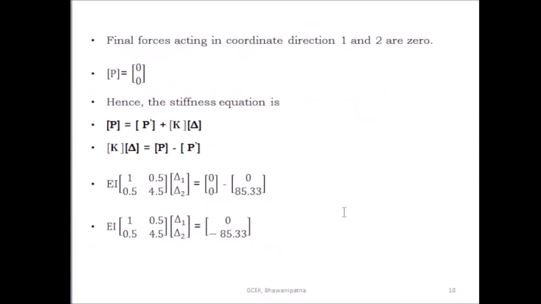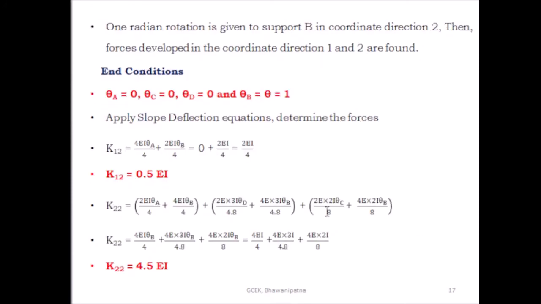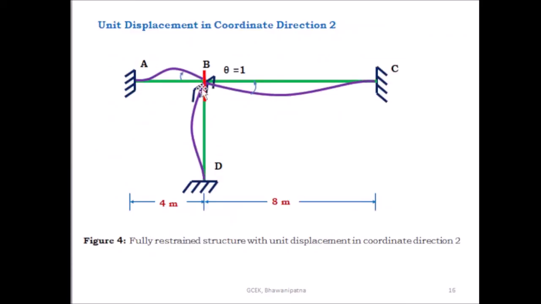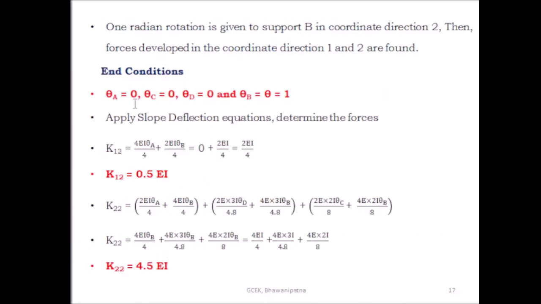4EI theta B by 8, 2EI theta C by 8. So these are the forces at coordinate 2 due to unit displacement at coordinate 2 from these three members. Then after putting the value of theta A, theta C, theta D equal to 0 and theta B equal to 1, finally you will get this expression, and K22 is equal to 4.5